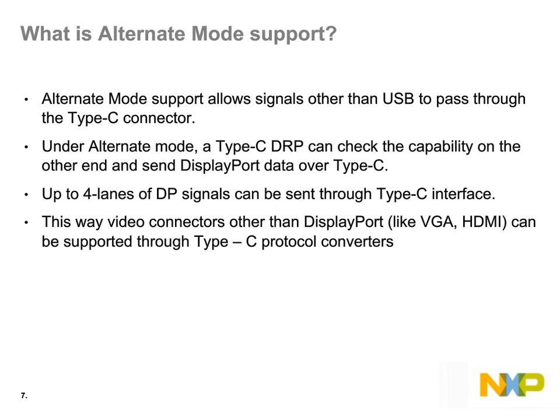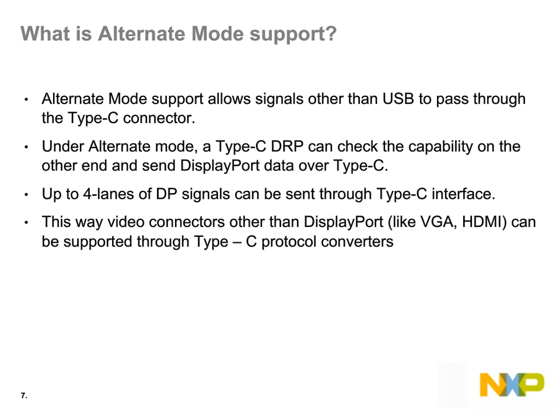So with this background on the spec, let's also look at the details of alternate mode. Alternate mode, as I mentioned earlier, allows you to pass signals other than USB, or along with USB, but different than USB, through the Type-C connector. Under the alternate mode spec, for example, you have the ability to send DisplayPort video data through your Type-C connector, through which you can now connect to video-capable downstream accessories or devices that require